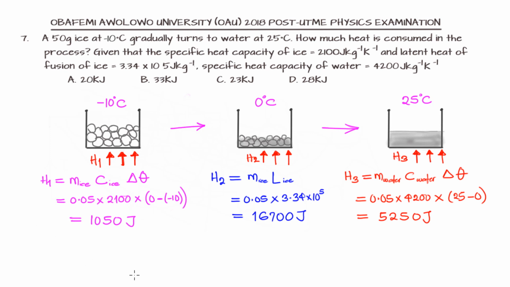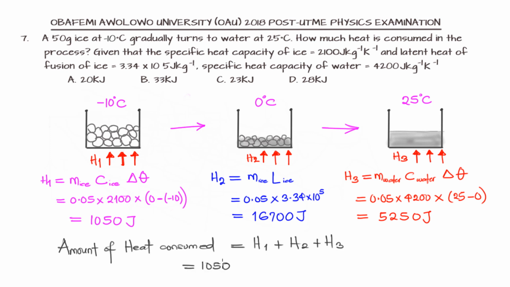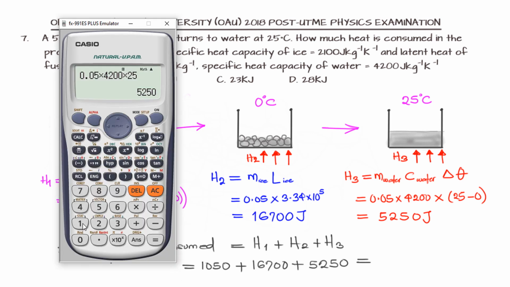So this whole process is going to take a total of the summation of the heat that is consumed per process. So the amount of heat consumed in this process of turning 50-gram ice at minus 10 degrees Celsius to water at 25 degrees Celsius will be the sum of the heat consumed per process, and that will be 1050 plus 16,700 plus 5,250. And we have to evaluate that,